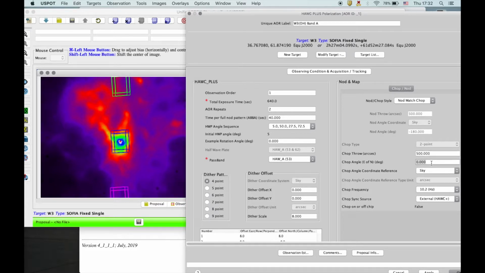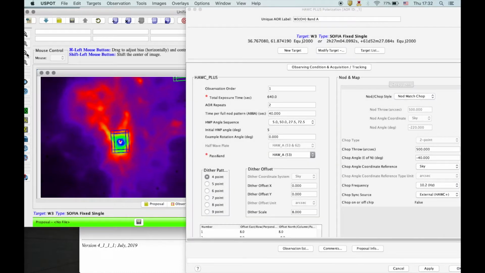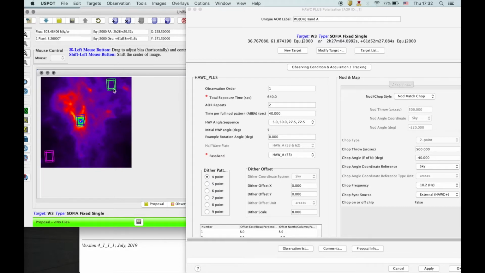Let's turn that a little bit over and zoom out. Now this looks like relatively clear positions,